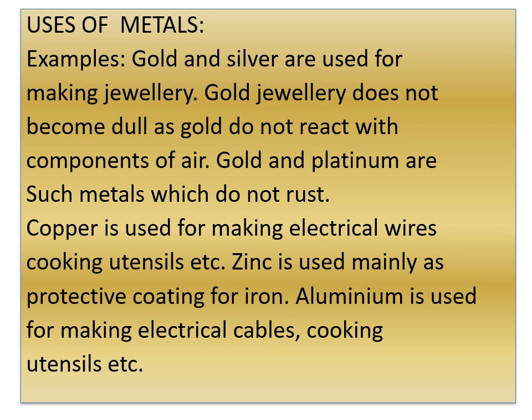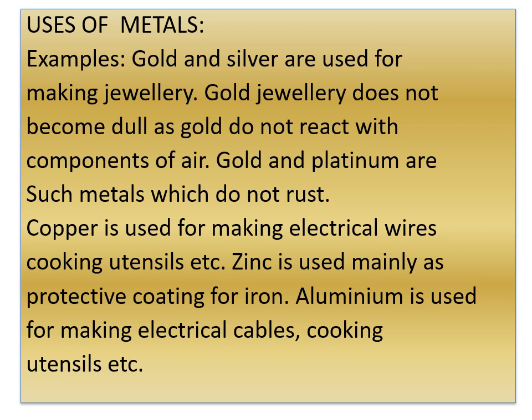Listen carefully, children, here. Different metals react with the components of air in different manners, at different rates and different conditions. All metals equally, they don't react with atmospheric air as well as atmospheric moisture. So there are some metals which do not react with the components of air. In that, gold and platinum are such metals which do not react with atmospheric air and moisture. So that is the reason they will not rust. I hope you have understood here. I told in yesterday's part about rusting, so I missed a few points there. Here I covered, children.